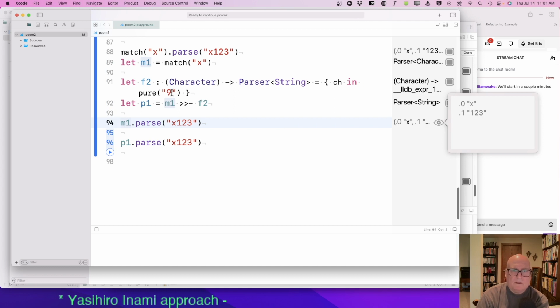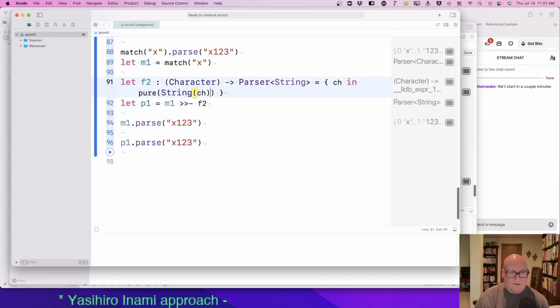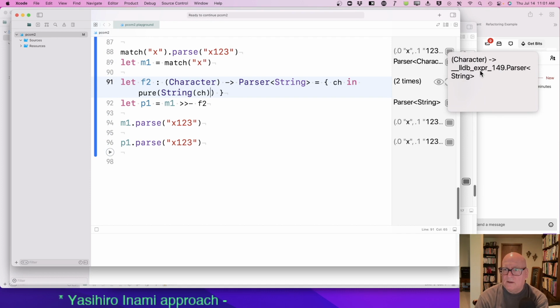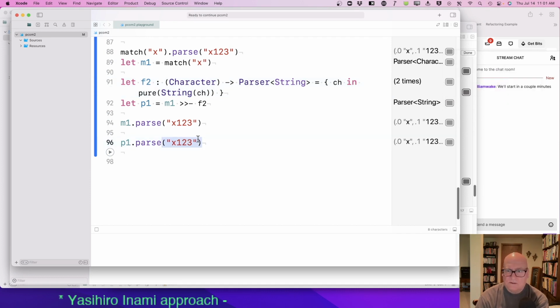Yeah. Now, why can't I say string of ch here? Oh, this playground thing, man. Okay, character to parser of string. Now this should change. Yeah, the result is no longer the 9. It's the character as a string. Okay.